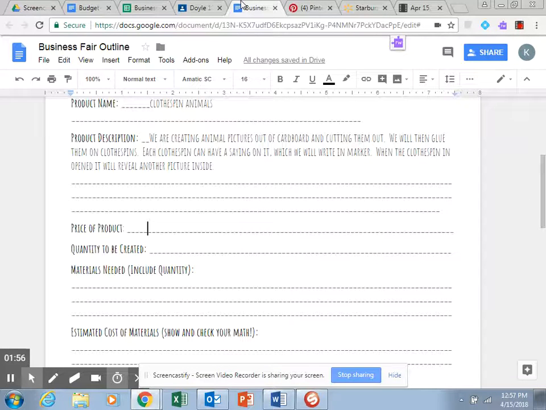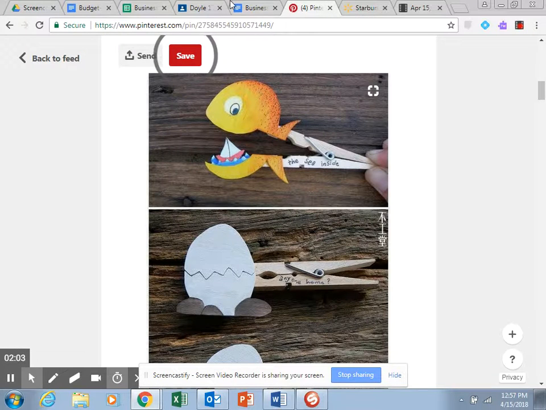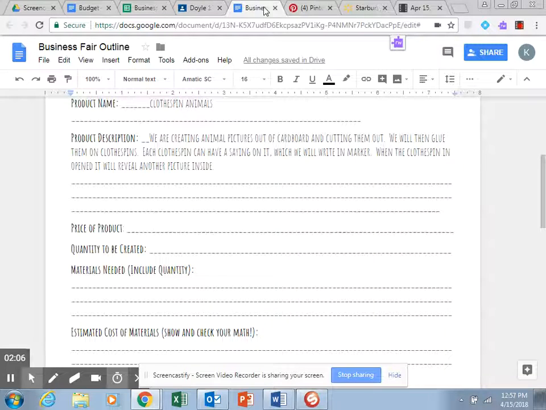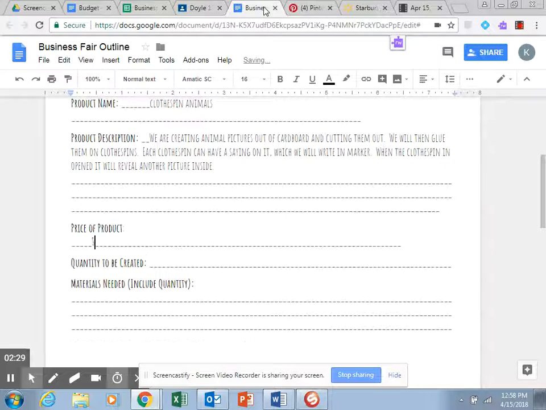All right, now going back to our budget. Determine the price that you want to sell your product for. So for my little clothespin animals, how much am I going to sell them for? You have to sell them at least for a minimum, meaning no less than 50 cents. You have to sell them at no more than $2. So from 50 cents to $2, you can choose how much you want somebody to pay. It's got to be at a 50-cent increment. So you could sell it for 50 cents, a dollar, $1.50, or $2. So let's say I choose to sell mine at